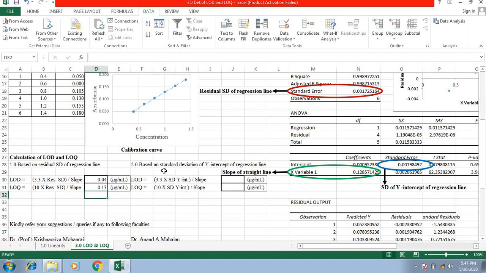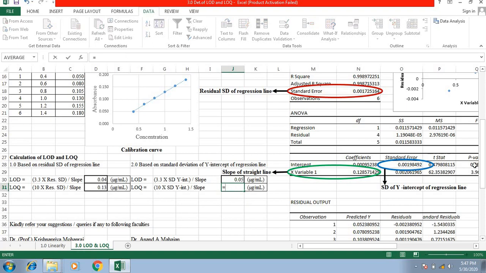Now I'll go to the second method, based on standard deviation of the y-intercept of the regression line. So equals, bracket, 3.3 into standard deviation of the y-intercept of the regression line, I require this value, bracket complete, divided by slope of the line, this, enter. So I got LOD.